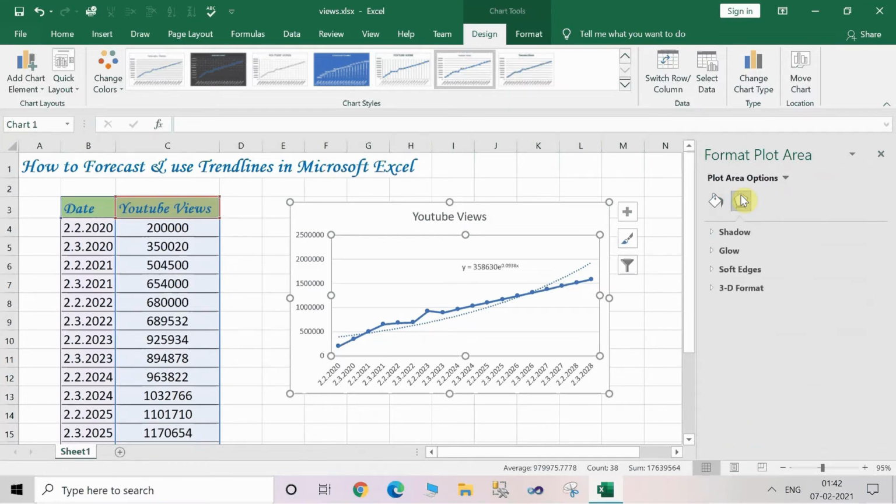If you want to make certain other changes, then you can just click on the certain options which are visible here.